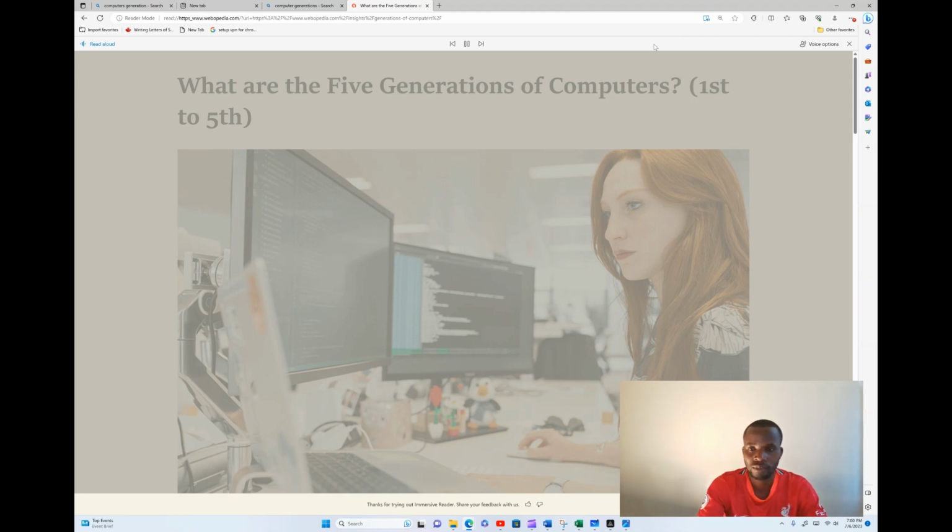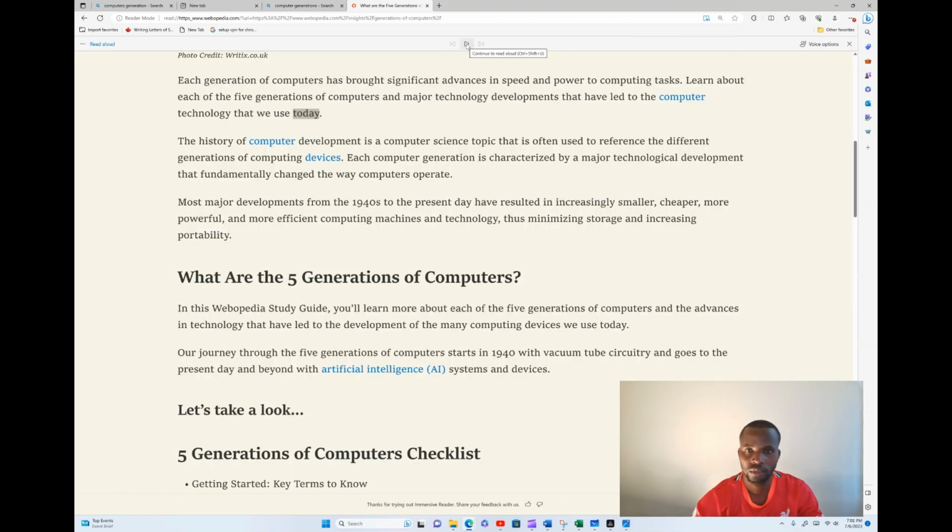five generations of computers? Each generation of computers has brought significant advances in speed and power to computing tasks. Learn about each of the five generations of computers and major technology developments that have led to the computer technology that we use today. Learn about each of the five generations of computers and major technology developments that have led